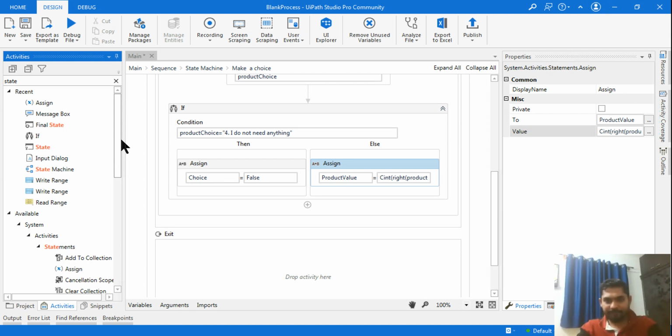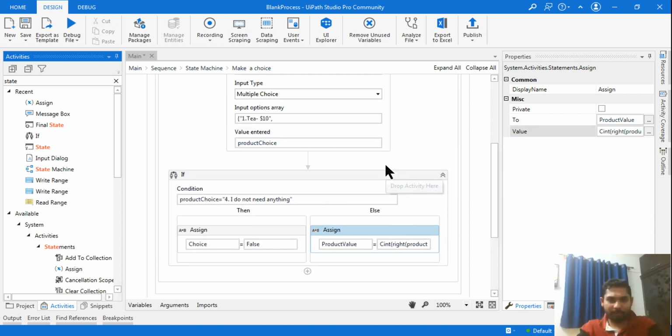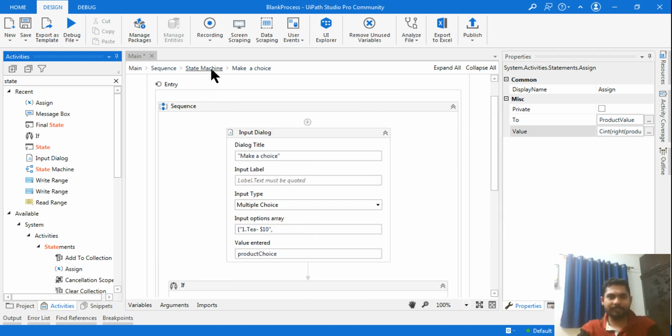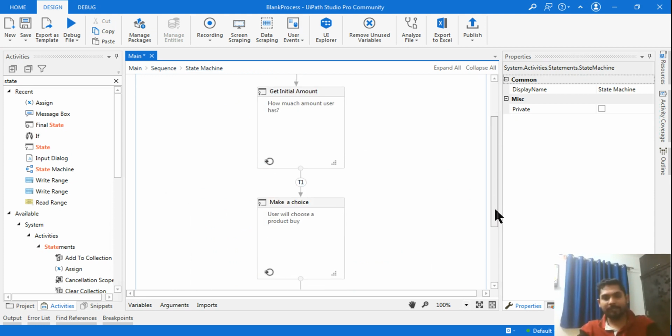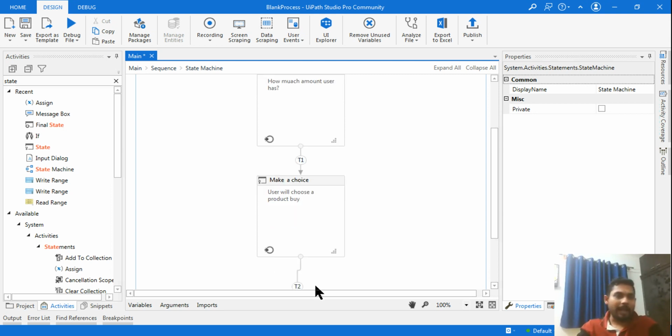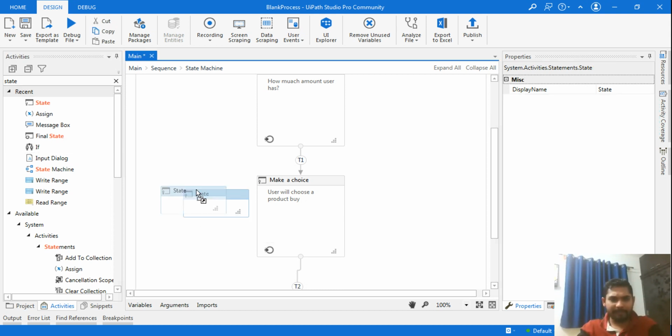So our next condition, so this is clear, product value, it will capture the product value. Okay, so once it captures the product value, let me go back to the state machine. So until now you have done it. Okay, hope you are doing along with me. If not, continue to do along with me. So once we are done until here, I am going to add another state activity over here, drag and drop. Okay, and here there are two conditions that can happen, right?